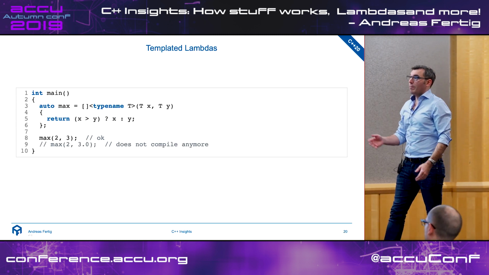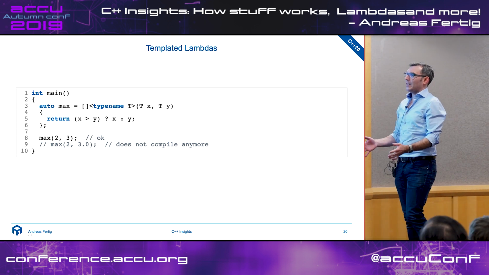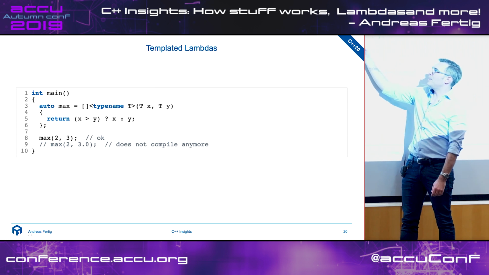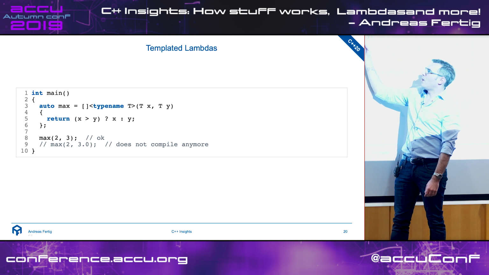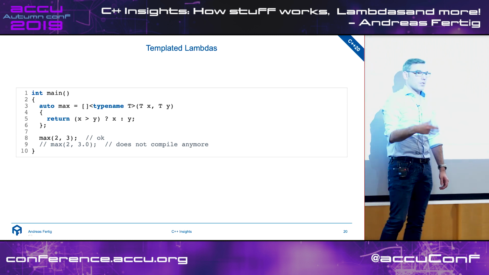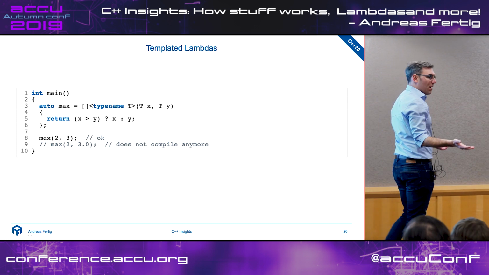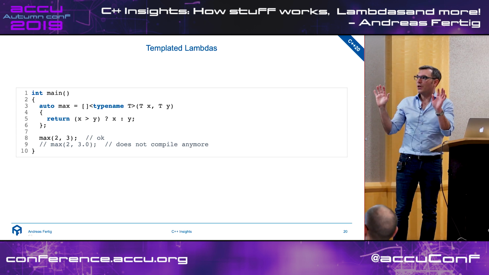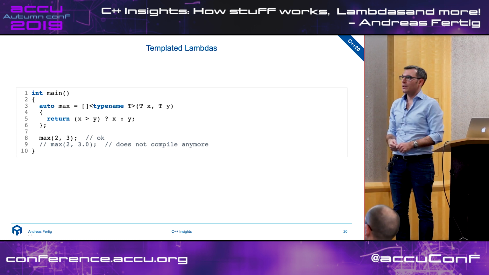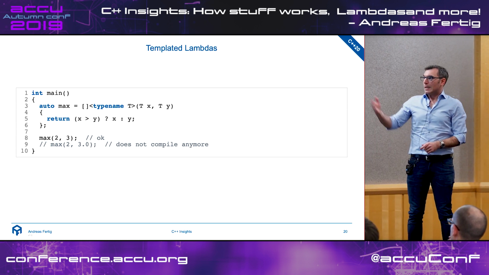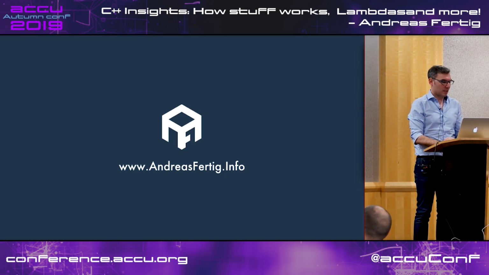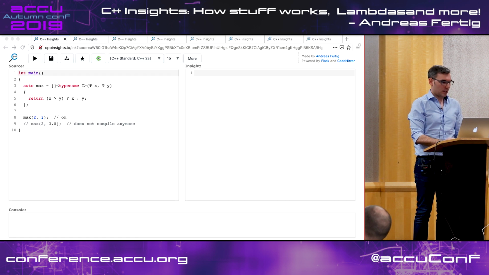So in C++20, we finally can put the angle brackets in the lambda, saying, okay, this is now a templated lambda. It takes, in my case, a typename T, and both parameters are of this type T. And now the second line stops compiling, because now we have a template, and the rules for templates are there are no implicit conversions. So the compiler says, no, please either cast it in some way, or you have a bug in your program here. So this is great, and at this point you might be able to guess how this looks internally, because Clang 9 recently implemented this.